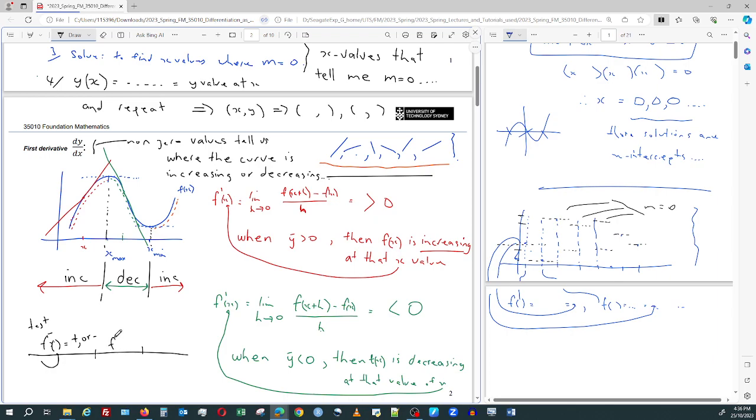We could test our derivative with the x values from here somewhere, and that would tell us, is it positive or negative? And likewise, we can test our derivative here and put the x value in, and is it positive or negative? So increasing, decreasing, increasing. That's what Pearson's going to be asking you to do. So we have to find those